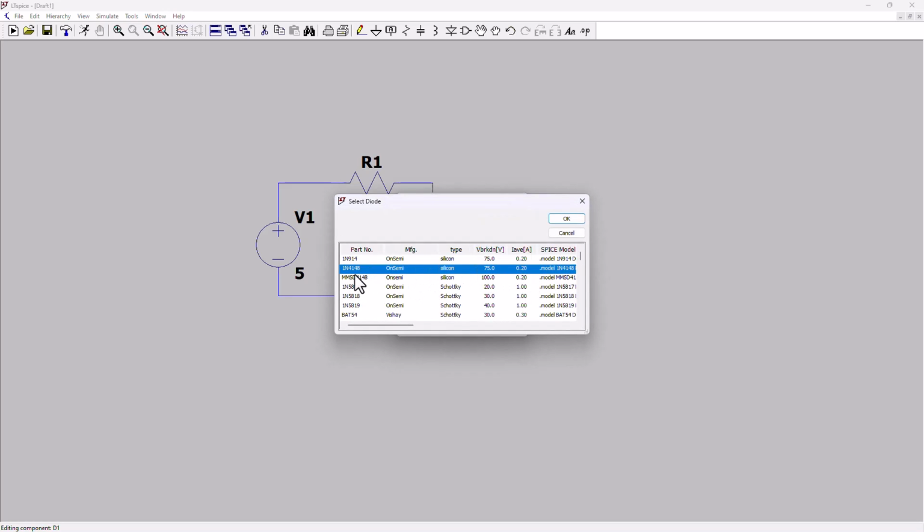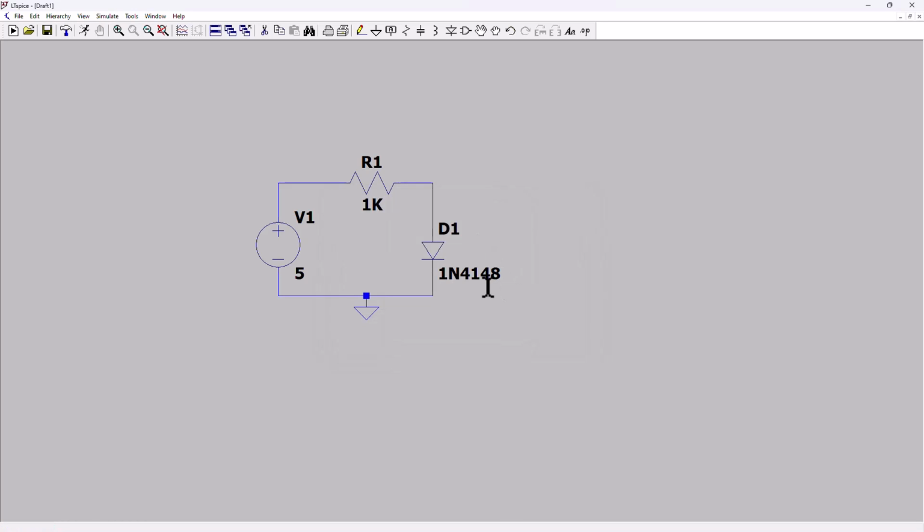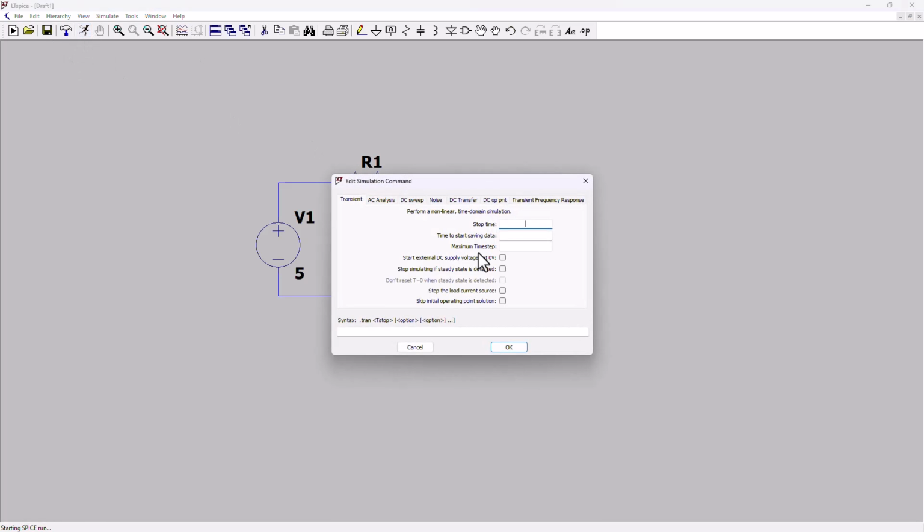Okay, then the diode here, we're going to pick up a silicon diode that is very much well known to all of us. That's the famous 1N4148, which is a general purpose rectifying diode. Okay, now before we can run the simulation, obviously if we click run simulation, it needs some simulation parameters here,